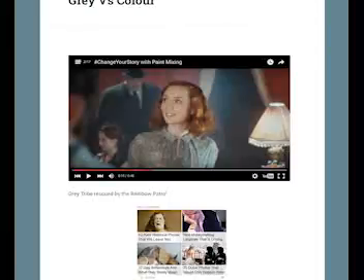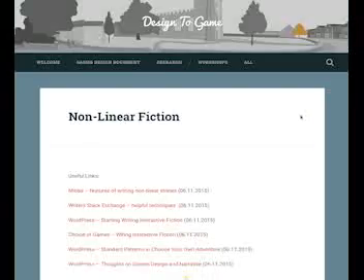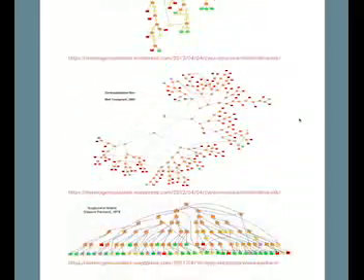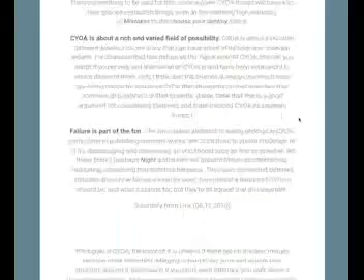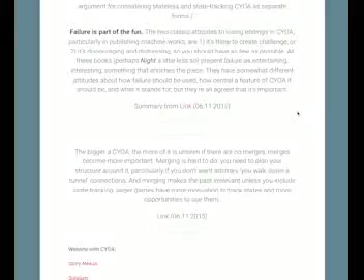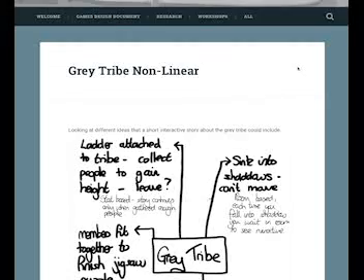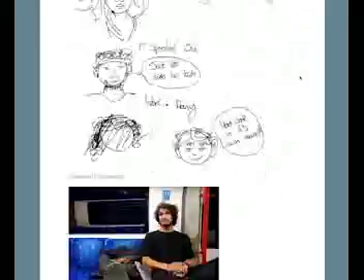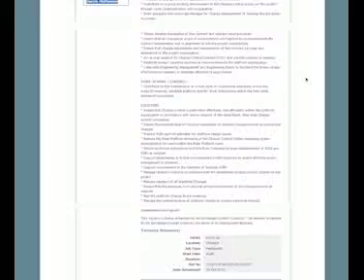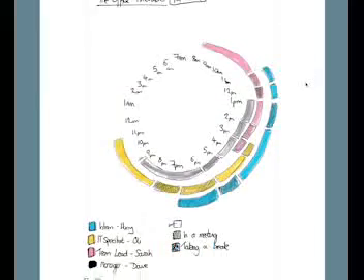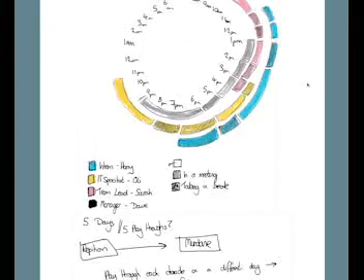So I started to think more about the gameplay itself, and we'd recently done a project on interactive fiction and narratives. And so I wanted to explore more how you could write different structures and what choose your own adventure or interactive narrative was like. So I started combining this with the Grey Tribe as a non-linear story and playing with different narratives and people and characters and how to really write something which the user can make their own narrative from.